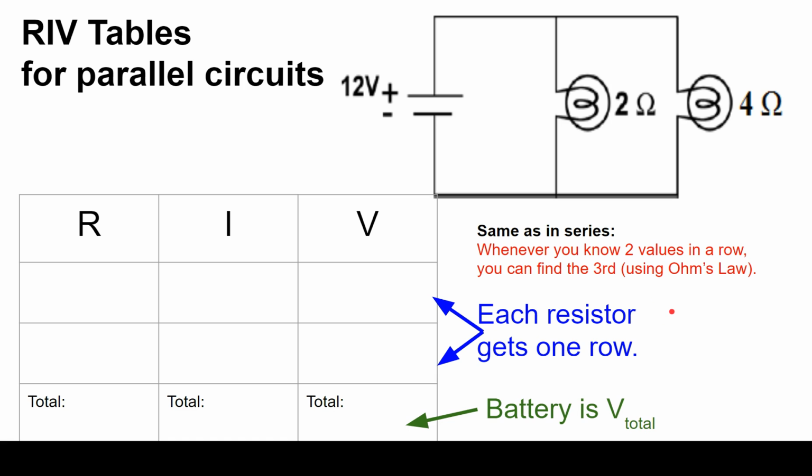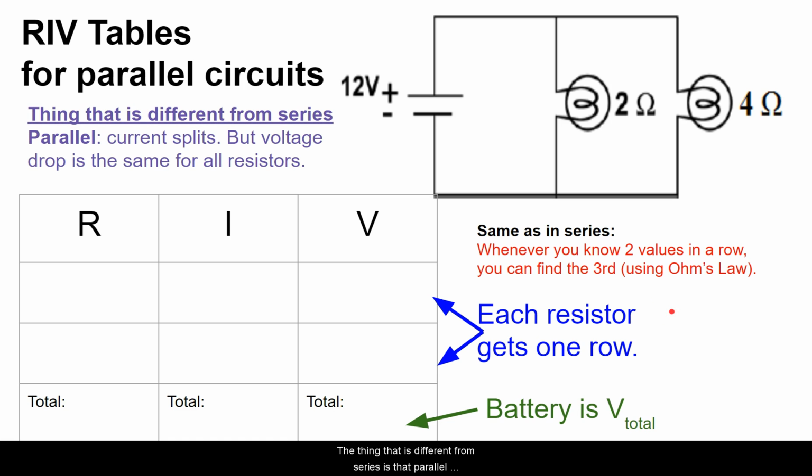resistance for the circuit. So the thing that is different from series is that parallel circuits, remember, the current splits. So it's just like you're going down the highway and there are 2 different pathways to go through a toll booth. The traffic goes through faster. And remember, the traffic flow is like the electricity flow. So you end up with more current here. And the current can be different, but the voltage is going to be the same, okay, because